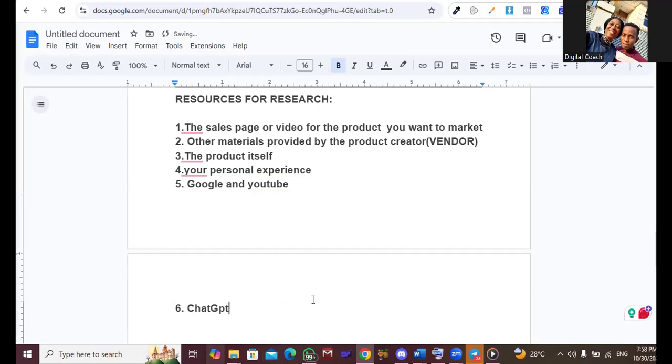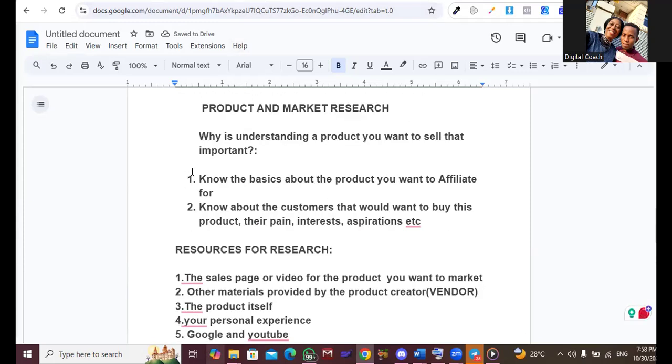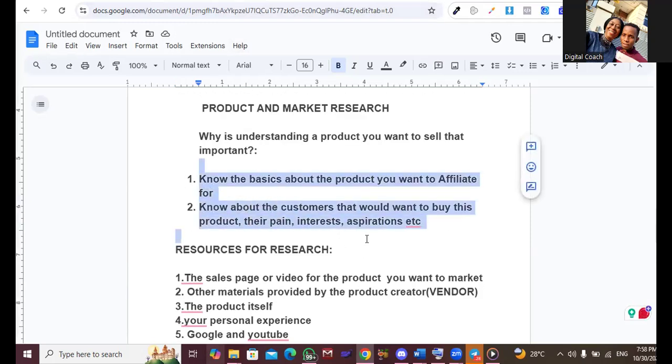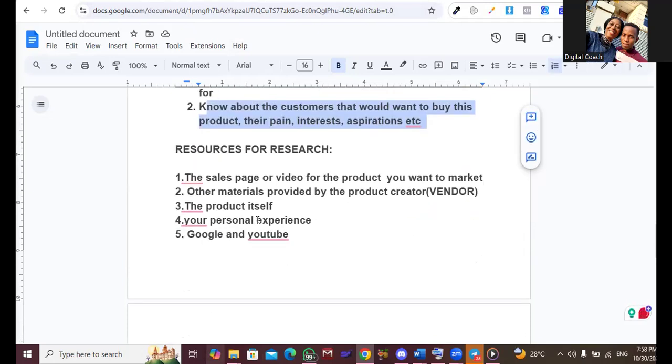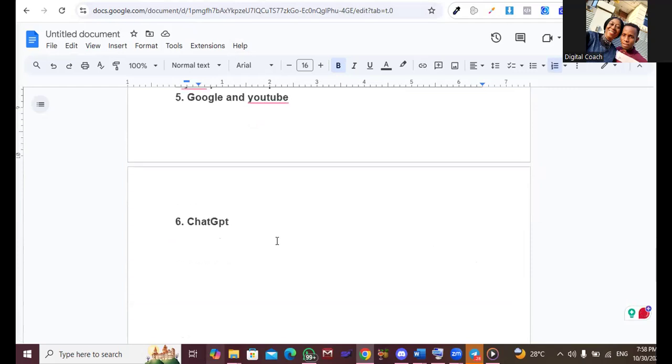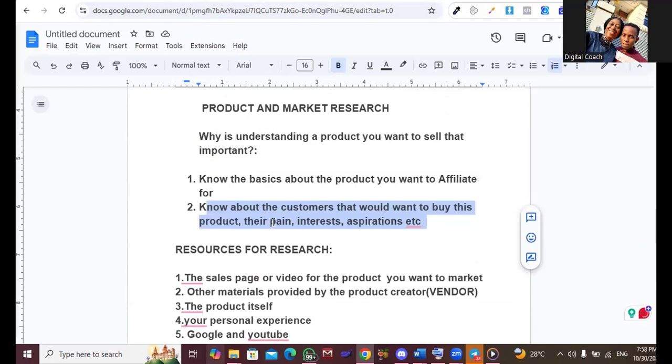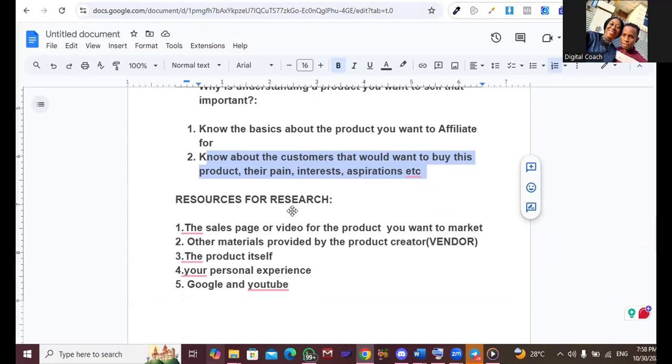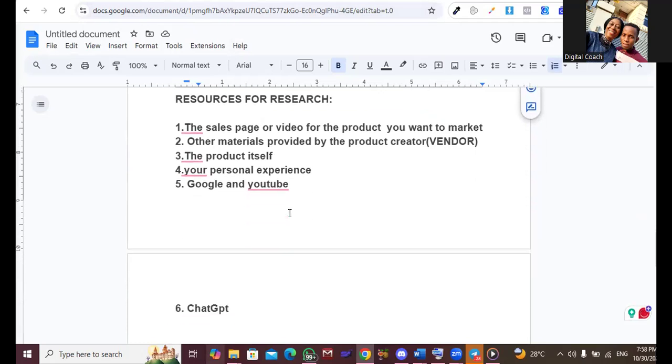These are the resources you should use for your research work that will now give you details about the product, details about what I was explaining now, that these are the things you should know first about the product, about the customers as well. Okay. So if you use these resources, you're going to get a lot of information about the product, and then you jot them down. Have a jotter or a notepad where you're putting down the key information you're getting about the product. Are we together now? Okay, very good.